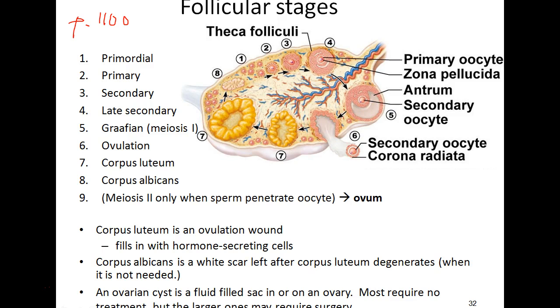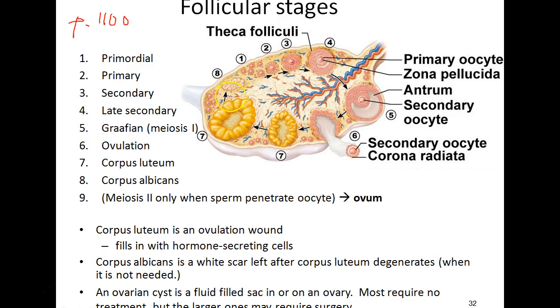And then we arrive at the mature, also called Graafian follicle. And we can note that by the nice large presence of the antrum. And then leading from our Graafian, aka mature follicle, we arrive at ovulation. The oocyte is released. Left over from that ovulation is tissue called corpus luteum. And as we talked about earlier, it has a function of secreting hormones. And then what's left over after that corpus luteum, in other words, yellow body, is a white body, corpus albicans. It's generally just sort of scar tissue that's left